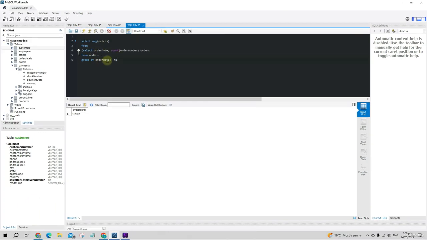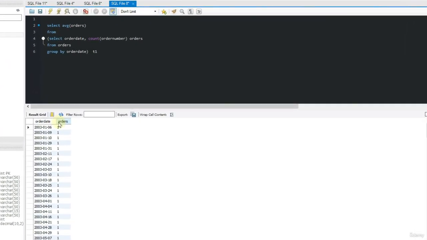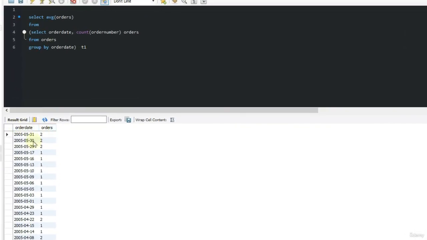What we could also do is highlight this subquery. If you highlight any part of a query and execute it, it will only execute that highlighted query. So again, it's just going to return the table. But say we wanted to, for example, order this by order date. You can see there's more orders a bit later on, so we could add in a where statement after our